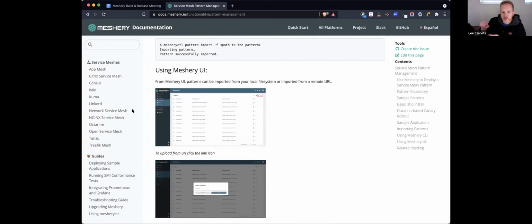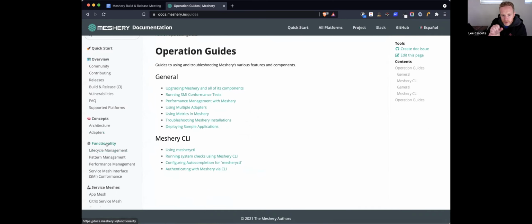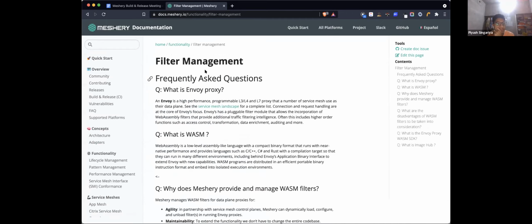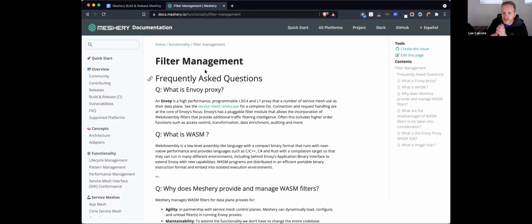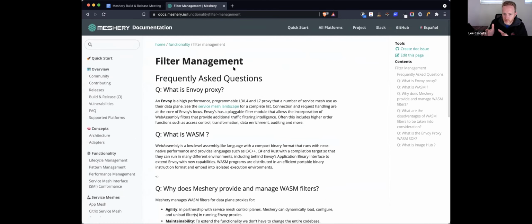If you end up focusing on Meshery CTL in that way, you could then also, we're missing a page, probably one called WASM filter management, and another one. So this is something that Shai Dunn wrote, and did a good job. This just explains the tech. This doesn't explain what Meshery does. But this is good, it kind of touches up against Meshery, but this is great.